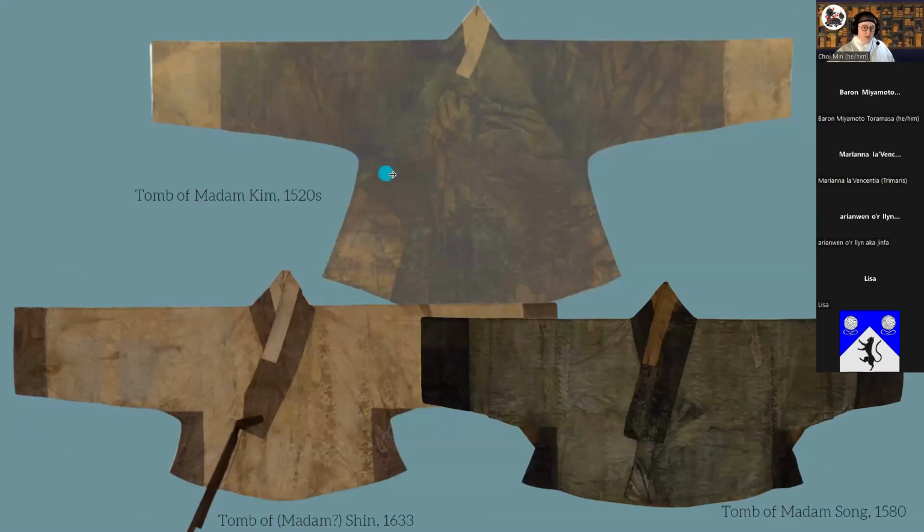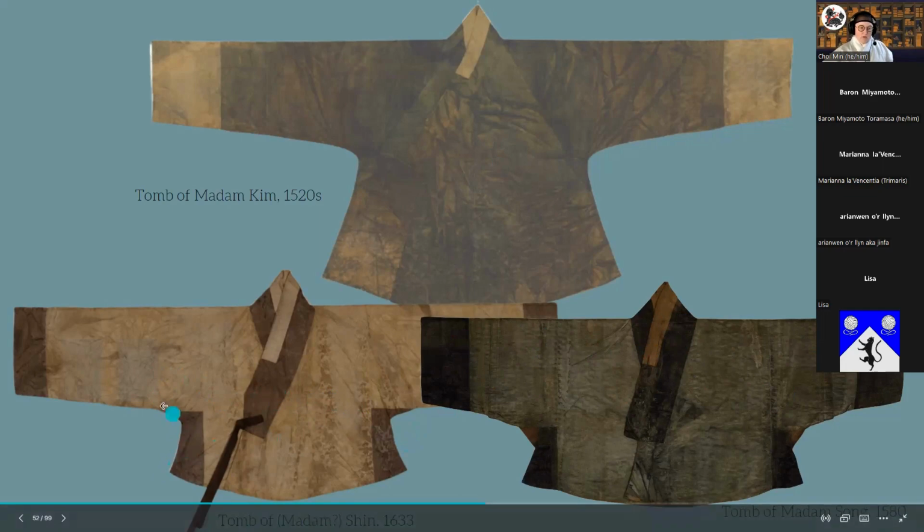Here is pictures, and I've got dates. So this is 1520s, this is 1633, and this is 1580. These are all super, super wide. Korea still had a ton of fabric at this point in time, so these might look short, but I matched their necks up, so the necks are all the same width. So you can see this would be super wide at the bust area, whereas this one here is longer and it's slightly post period, and you can see the shape kind of change here.